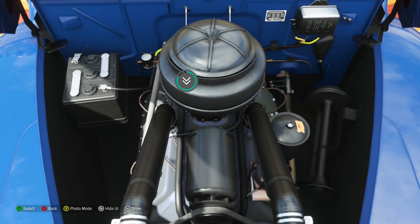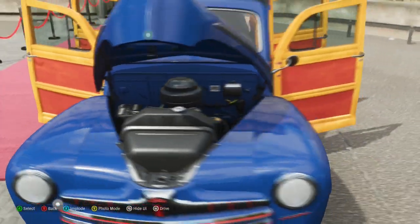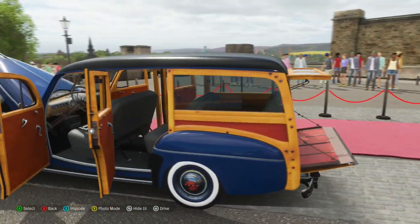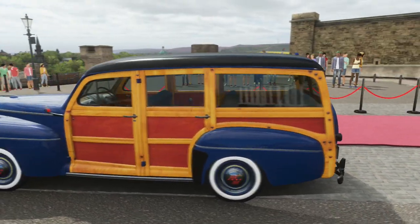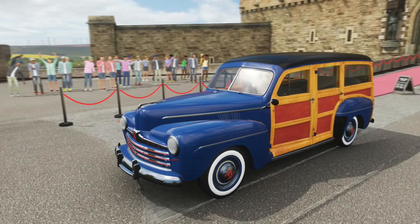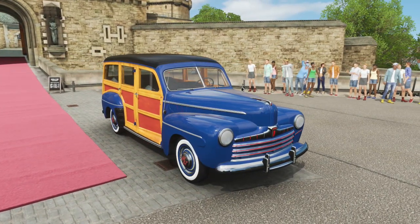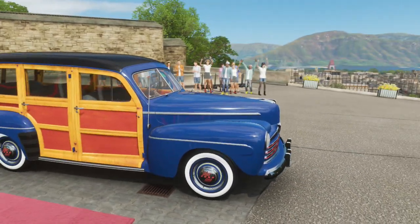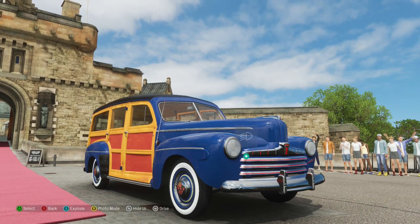And this one certainly fits the bill in my book, and it's even better because part of it is made of wood. This was a thing car manufacturers did for a fair old while for some reason. Wagons have always been associated with wood. I think the last people to ever do it was Buick in the 90s. Actually, no, I think that Caprice wagon might have also had wood grain. Anyways, the point is, part of it is made of wood, and it's from 1946, and it's very old,